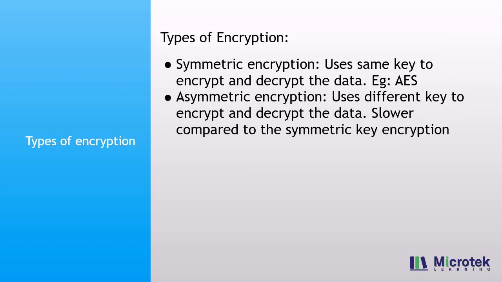Types of encryption. There are two types of encryption. One is symmetric encryption and another one is asymmetric encryption. Symmetric encryptions are those where the algorithm uses symmetric keys, such as Advanced Encryption Standard, AES, and are typically faster than public key algorithms and are often used for protecting large data stores. Because there is only one key involved, procedures must be in place to prevent the key from becoming publicly known.